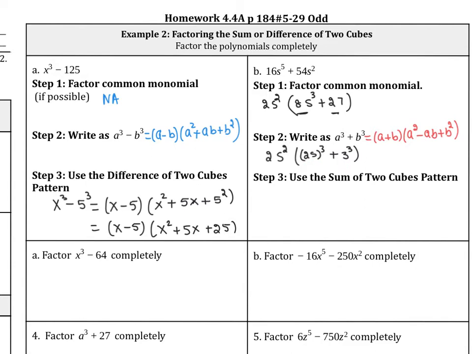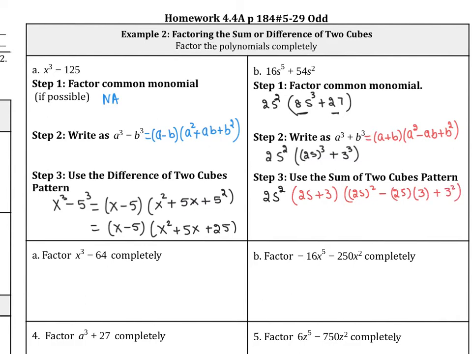So we're going to keep the 2s squared as it is, and a plus b means 2s plus 3, times a squared, which is 2s squared, minus ab, which is 2s times 3, plus b squared, which is